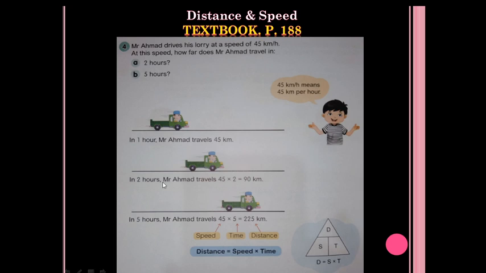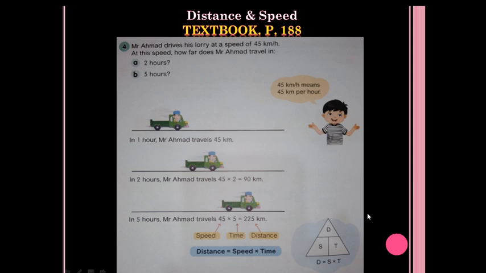And then in 2 hours, Mr. Ahmad travels 45 times 2 equals 90 kilometers. How about in 5 hours? So Mr. Ahmad travels 45 times 5 equals 225 kilometers. The speed is multiplied by the time, and the answer is the distance. So the formula is distance equals speed multiplied